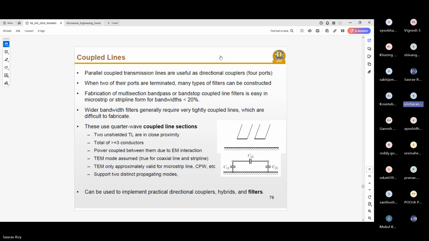I have one small doubt. Yes. The gap cover